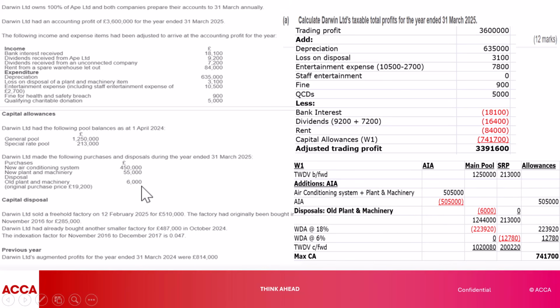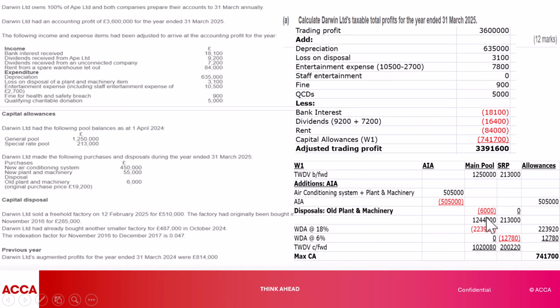We normally take the lower of the disposal and the purchase because the lower amount will normally result in a higher capital allowance, and a higher capital allowance will reduce the trade income, which will eventually lead to a lower tax liability. So it's a good thing for you. So we usually take the lower, so that the lower the disposal amount, the higher the capital allowance, because you'll see here the balance of